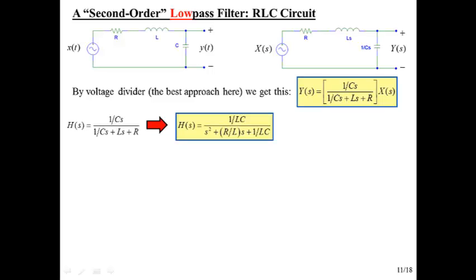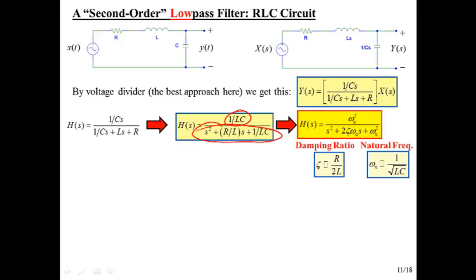Now we do a little bit of algebra, clear all the S's out of the bottom, and we get something that looks like this. So we see that we have a constant in the numerator and a second order polynomial in the denominator. Now it's sometimes helpful to have a general characterization of these second order systems. So this form that I'm showing here is a very general form that shows up for lots of different systems,